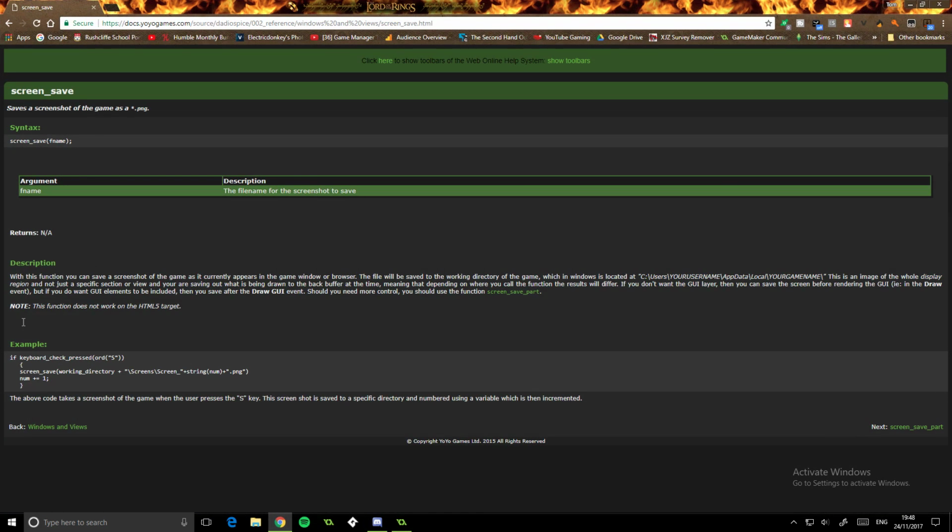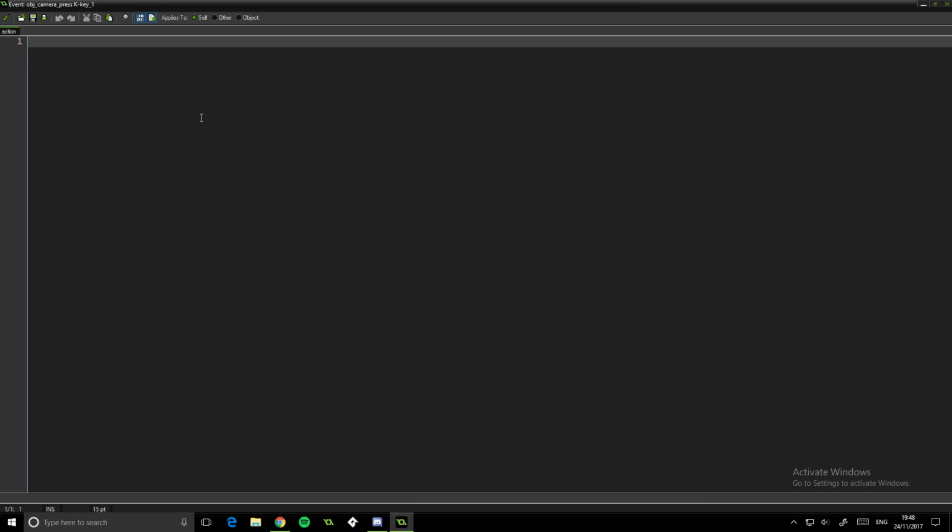We're then going to open some code. It's going to be very, very similar to what this is. So effectively all we're going to do is use the function screen save. This just takes in a file name. If we just put in a file name, it would automatically put it in the working directory. That's alright. We're going to make it a little bit more fancy though. We're going to have a folder. Working directory plus. We're going to make a new folder. Let's call it screenshots. Slash